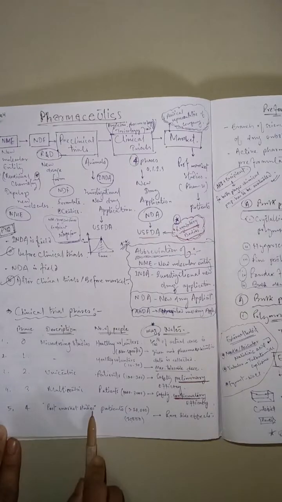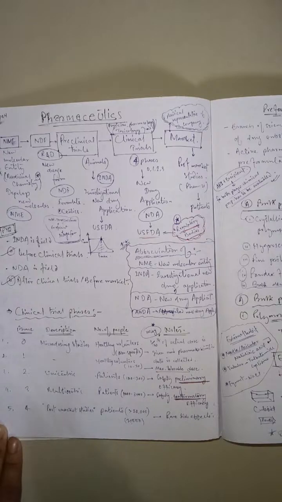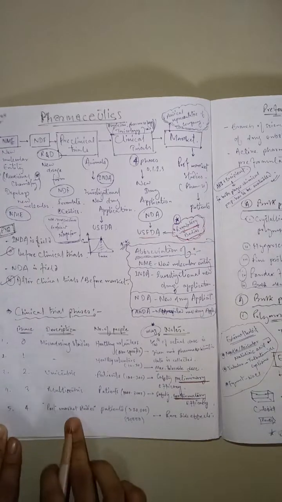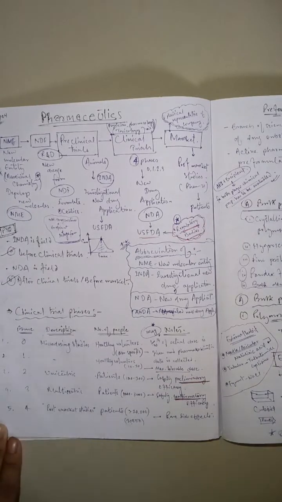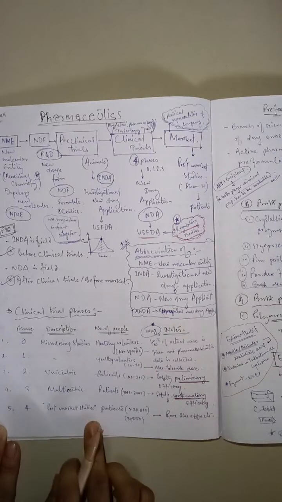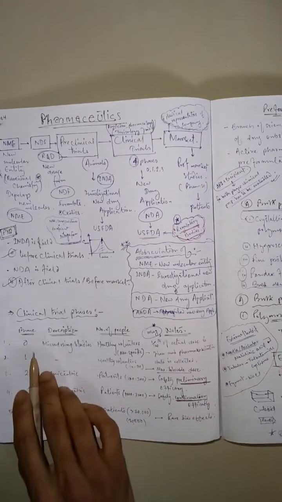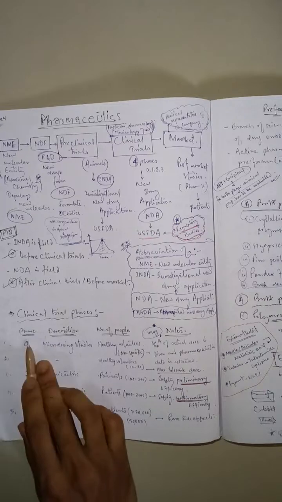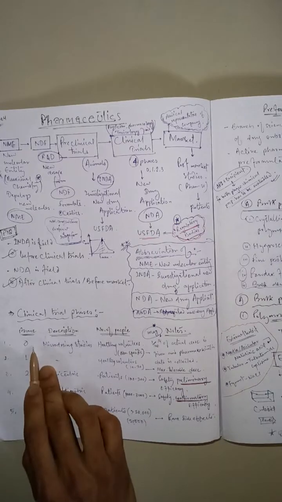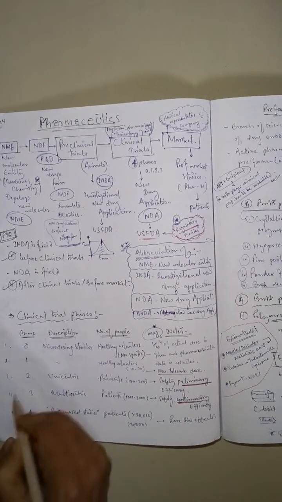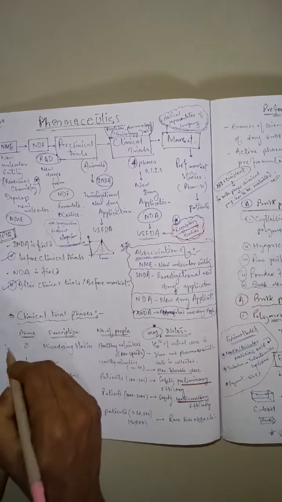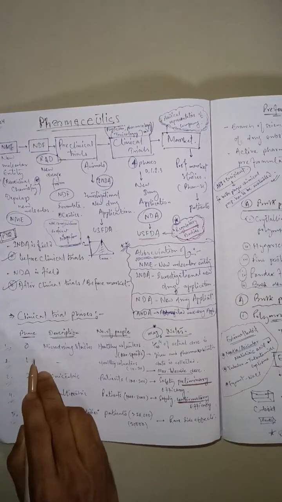In post-market studies, there will be a review system, and if the drug has any side effect, it will be noted down and worked on. So phase 4 is post-market studies. Now remember that phase 0 is the first step. There are 5 clinical phases. The first phase is called phase 0, which is also called